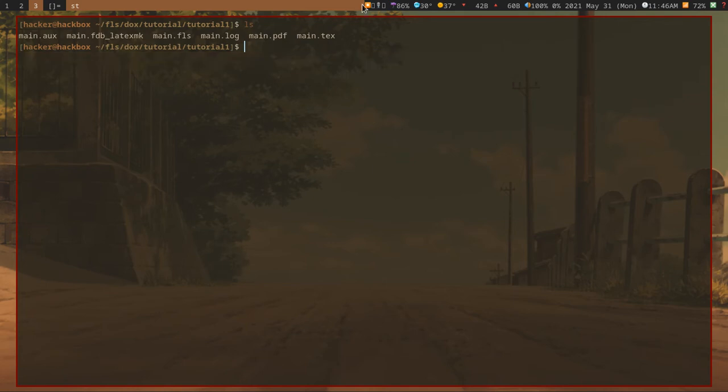There is a PDF viewer in Linux known as Zathura. This is a very minimal PDF viewer. You can use whatever you want, like Evince and Okular, etc. I have Zathura installed in my system, so I'll just type zathura and then main.pdf. If I add an ampersand sign at the last, this will make the process a background process. So if I hit enter,